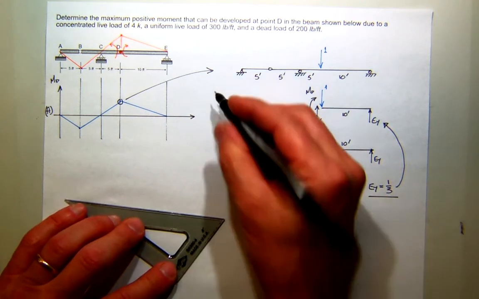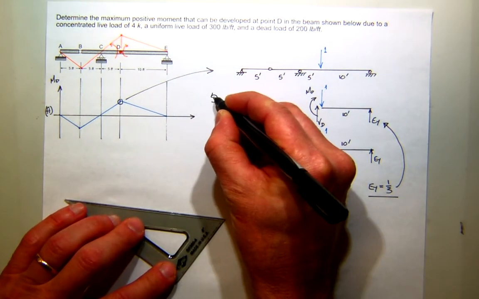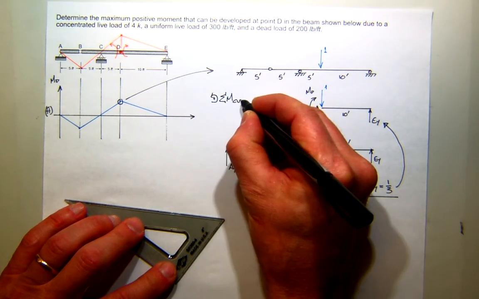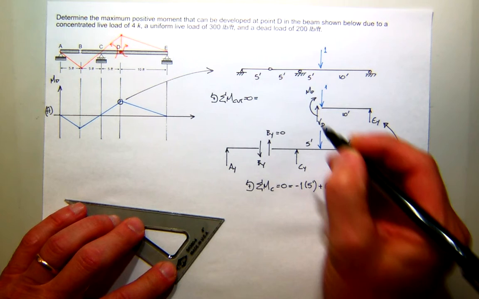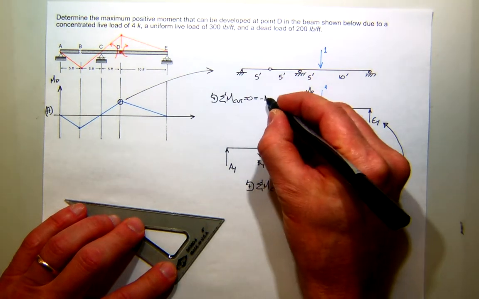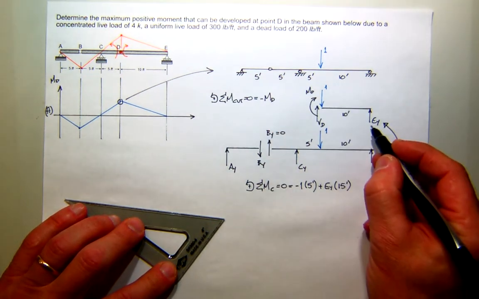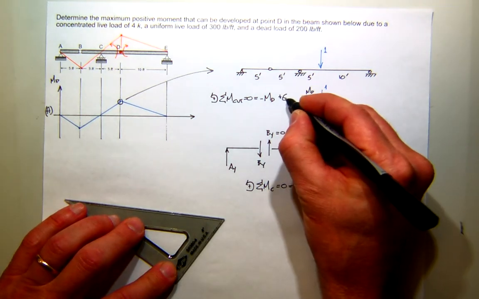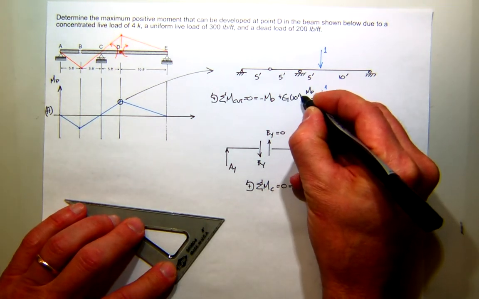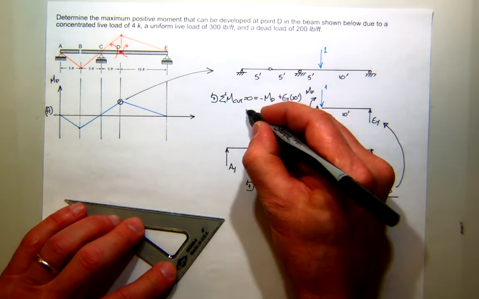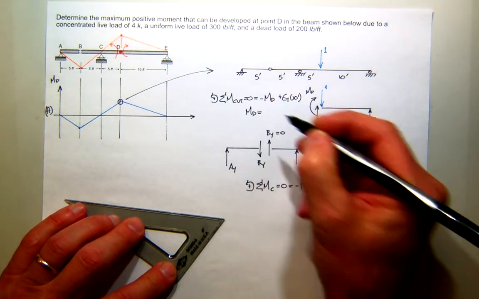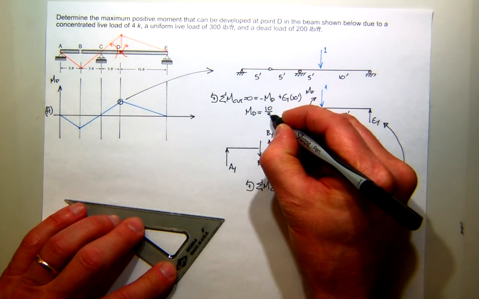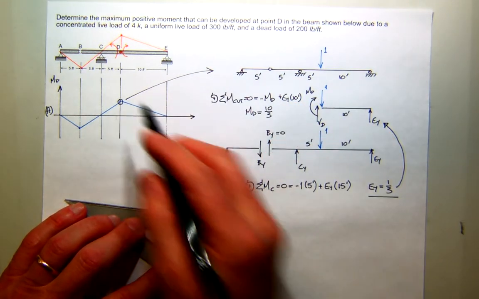Some moments about... Yeah, if you sum moments about the cut, what do you have? You have this moment, which is minus EY positive times 10. And what's EY? So that means that the moment at D is 10 divided by 1/3. So this value here is now,